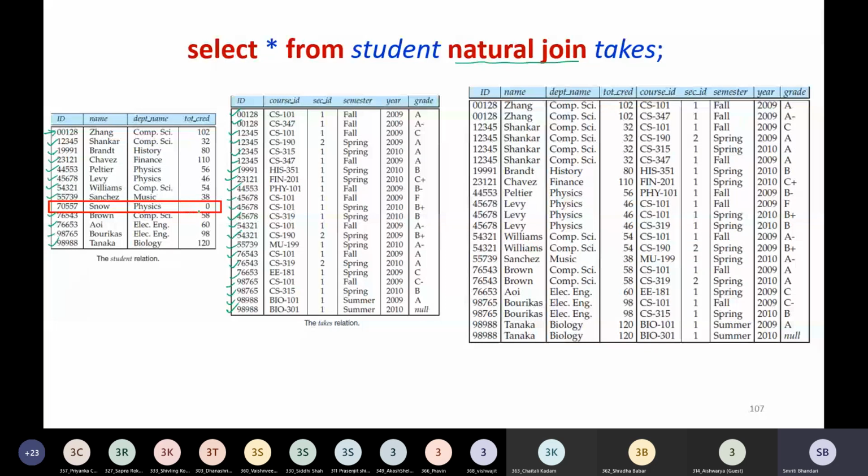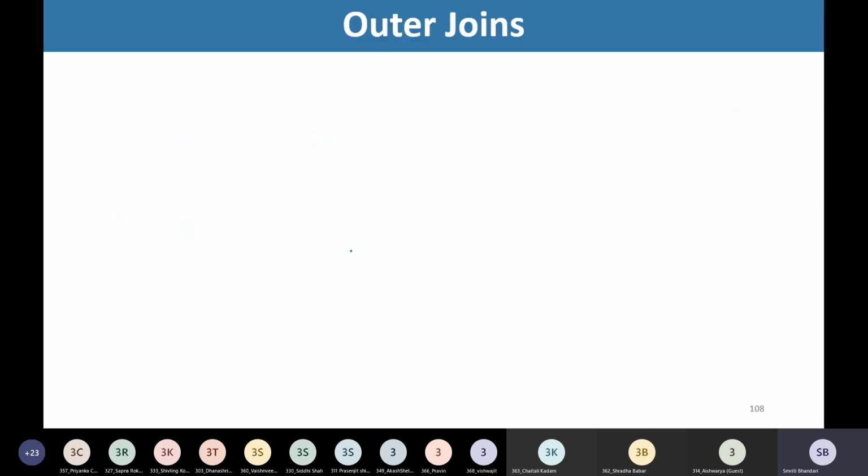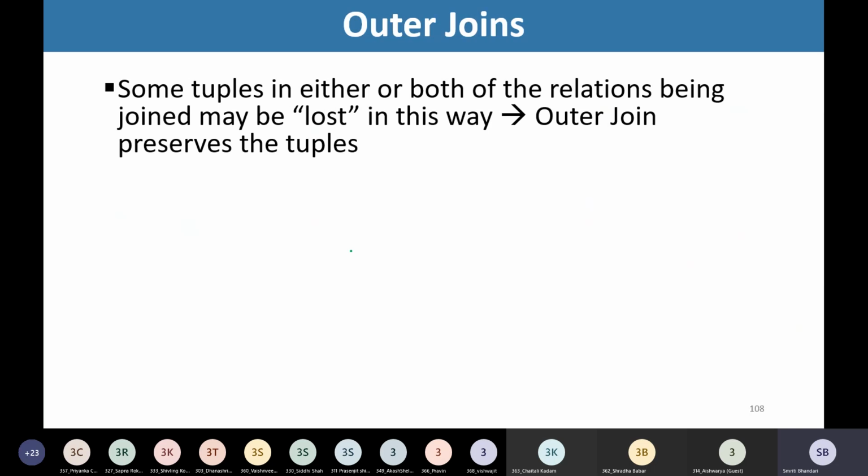Now, if I want to have this student also in the result, even though he has not opted for any of the courses, then what to do? If this is the case, then we have these outer joins.